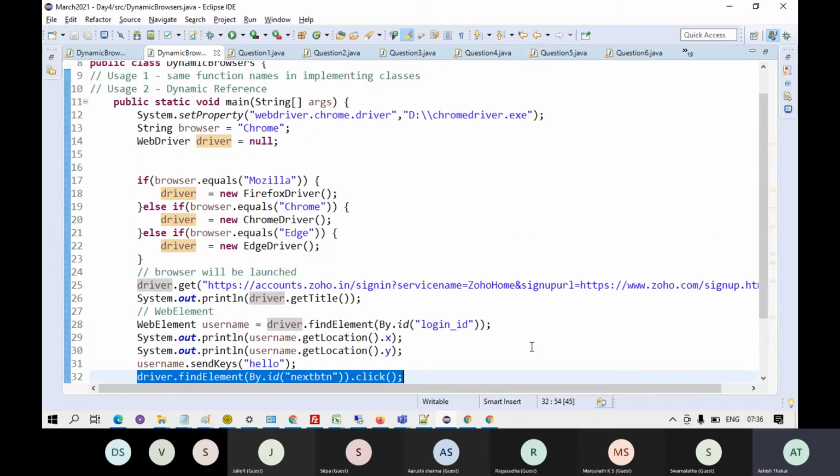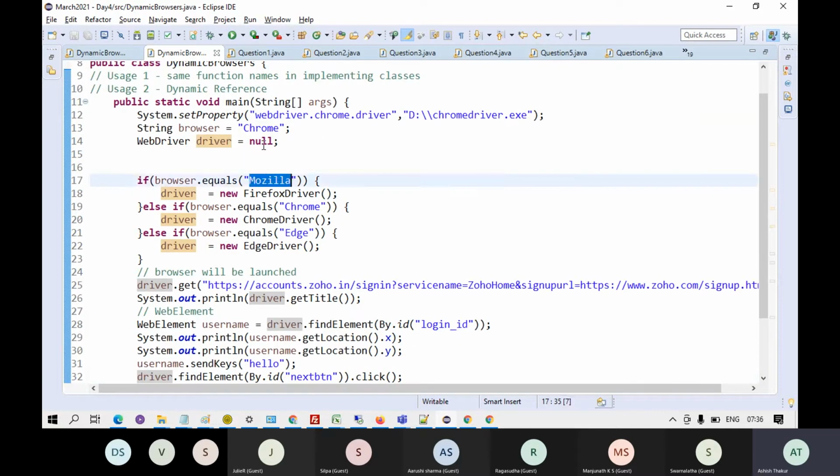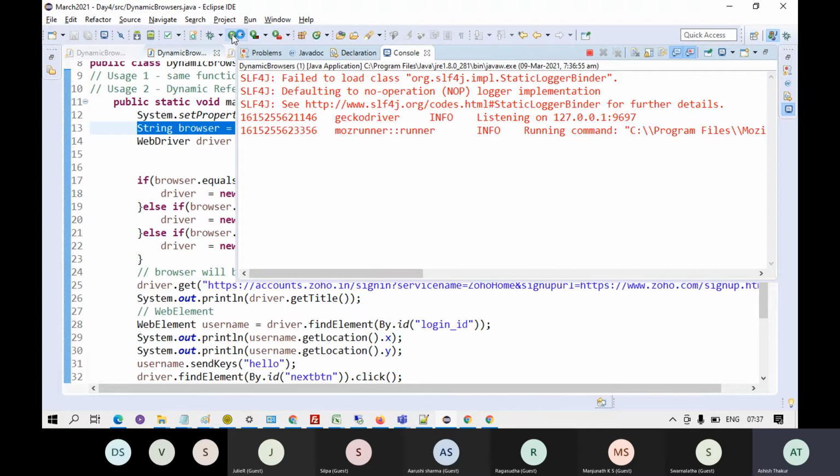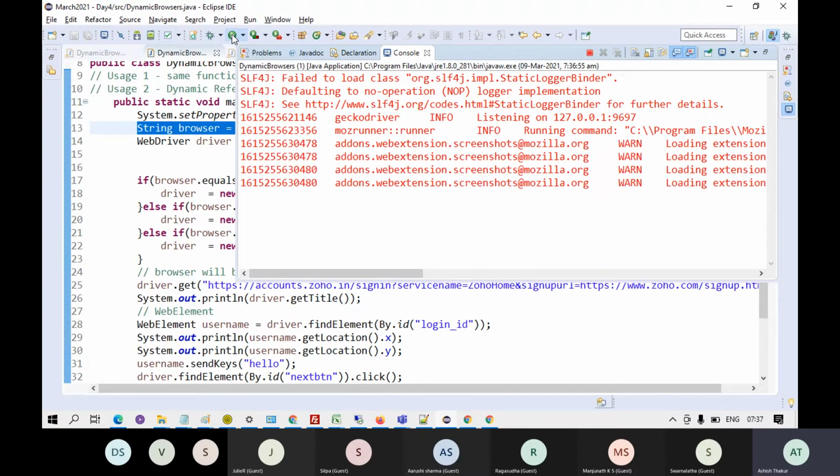And moreover, look, I had been using Chrome and the same script. If I run on Mozilla, I just need to change the browser name here, and the same script is going to run on Mozilla as well. So every command in Selenium is inbuilt. You just need to understand the commands, few principles of object-oriented programming, and you are done with Selenium. You can understand that. But guys, writing script is not a tough thing. You might not be able to write it today.